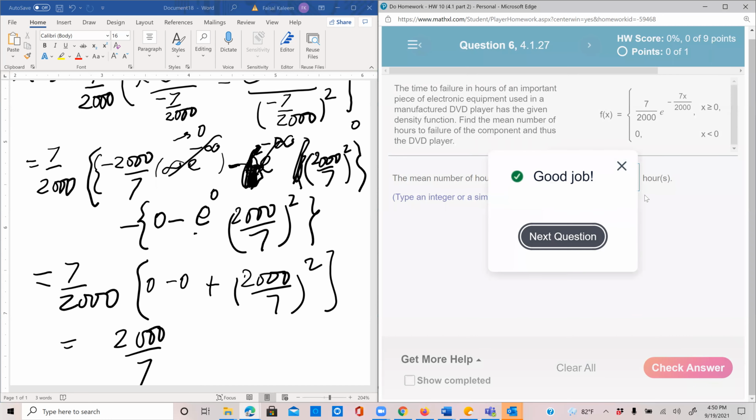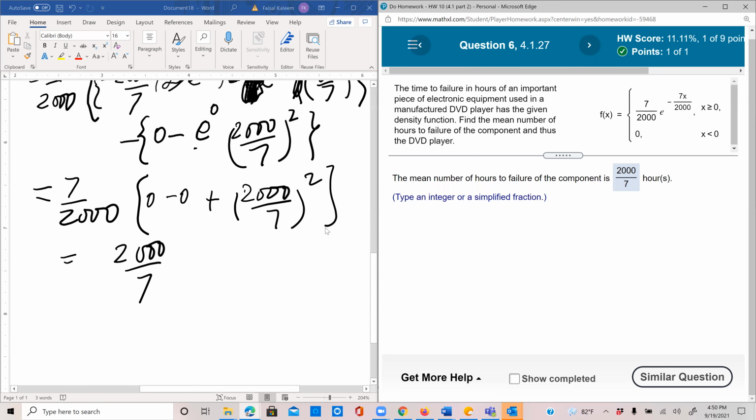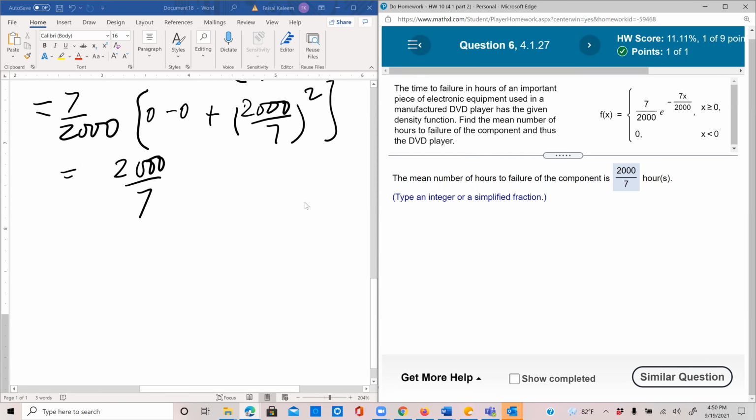Now, if you notice, there is something interesting here: the answer comes out to be exactly the reciprocal of this coefficient. And this coefficient was appearing here, and then again in the power with a negative sign. And this is no coincidence. In fact, this is time actually to memorize this. And the thing to memorize is that if